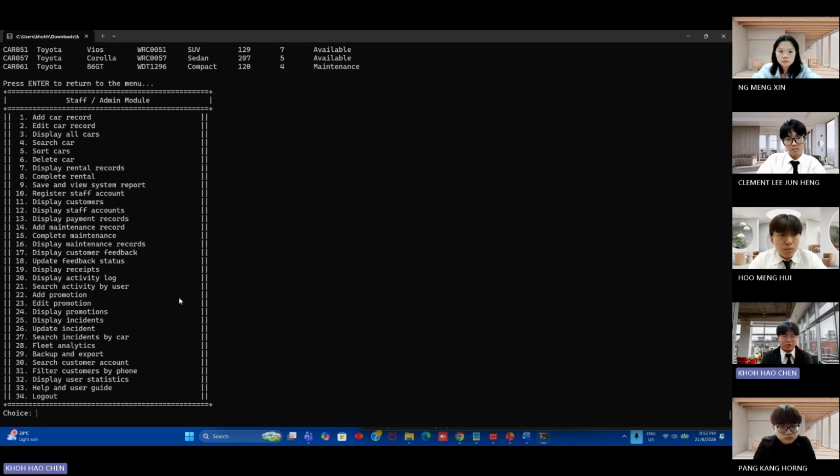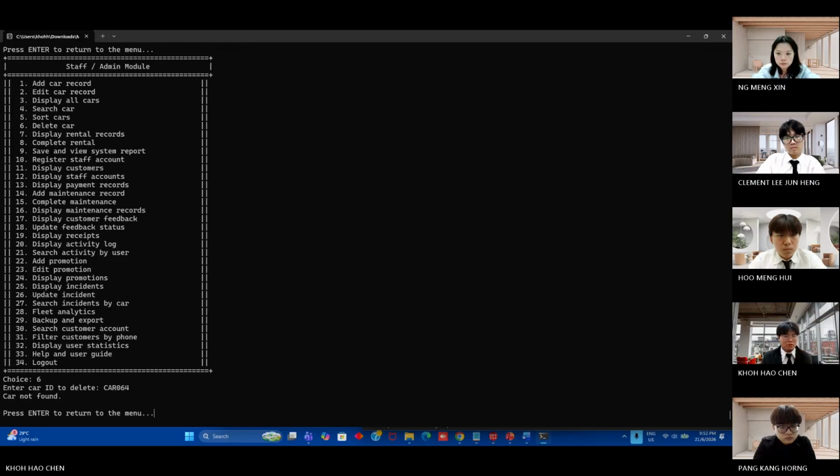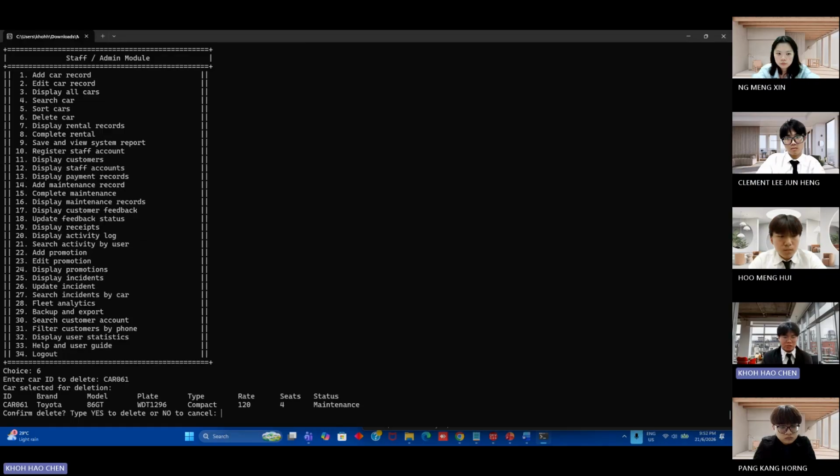Okay, so next is delete car. I choose 6. So if I enter the car ID that doesn't exist in the system, car not found. If I enter the car ID that exists in the system, it asks do you want to delete or no?